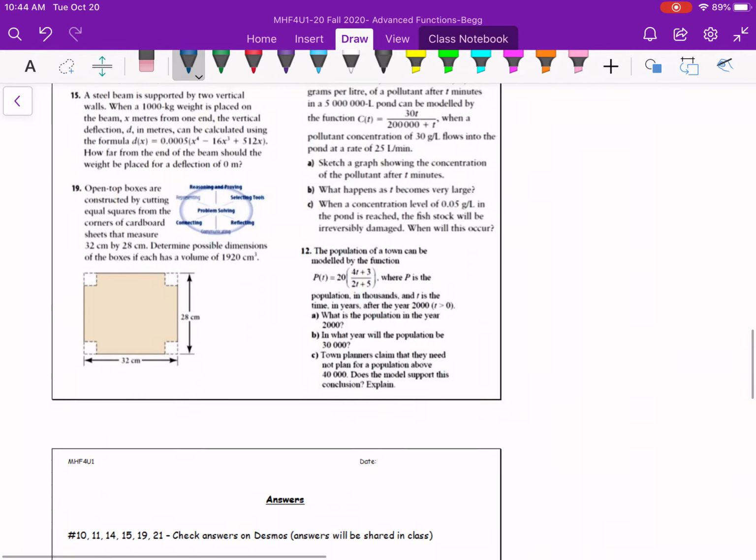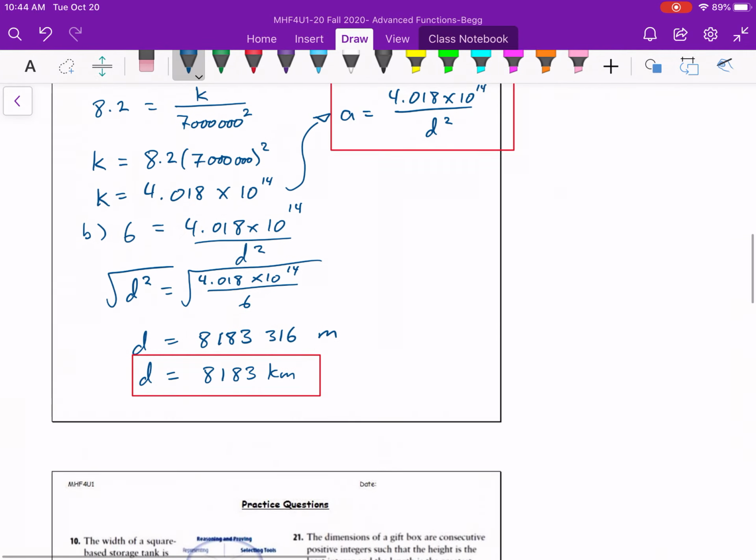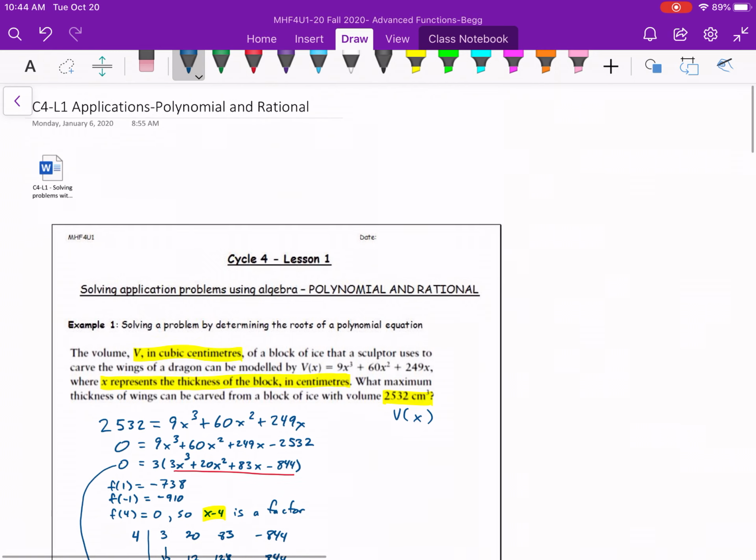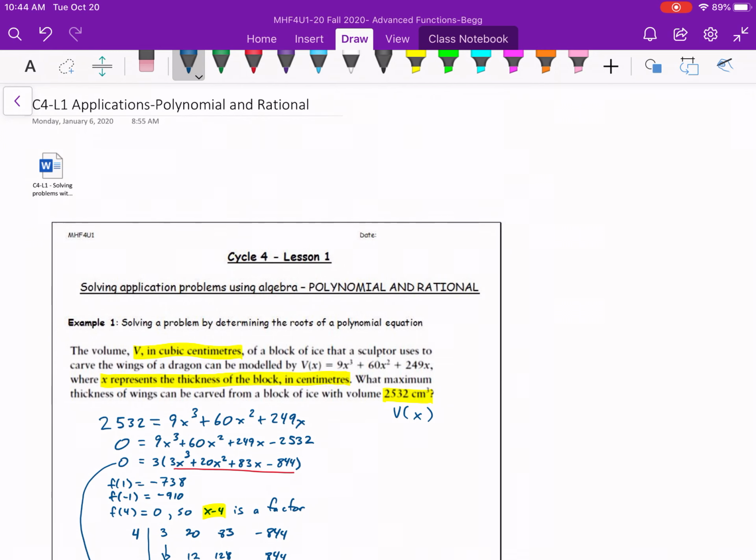So, practice questions, yes. Good, useful tying it all together for polynomials and rational